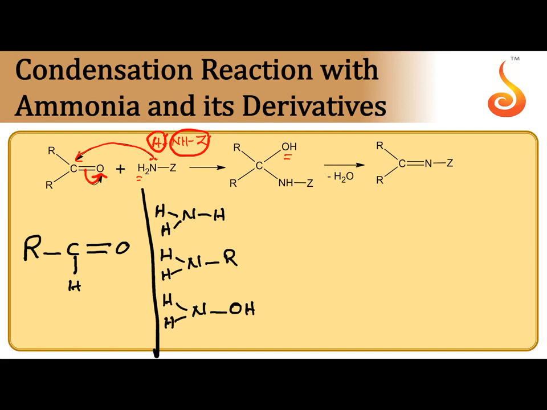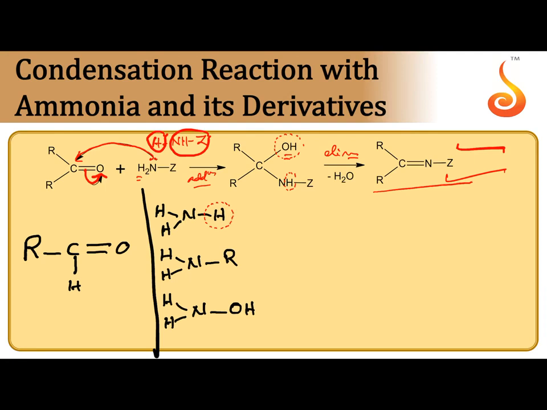After the formation of the addition product, OH and an acidic hydrogen are both close to each other, and both are removed in the form of H2O. Elimination reaction takes place, producing a double bond between carbon and nitrogen. So the first step is nucleophilic addition, the second step is elimination. That's why the overall reaction is called a condensation reaction. This is called the condensed product. So in place of Z, we can take any one, and we can get more examples.